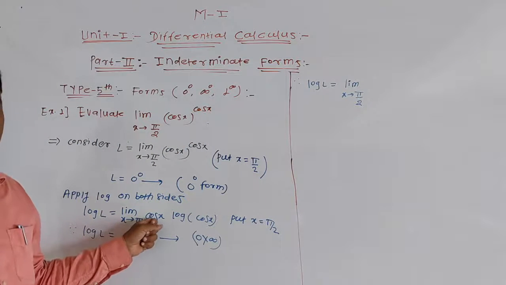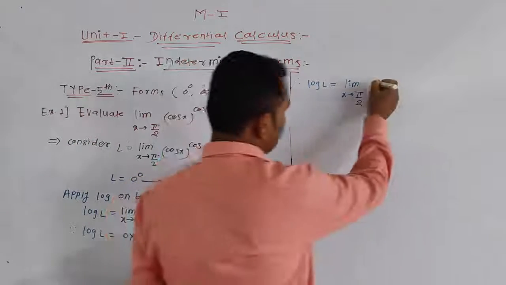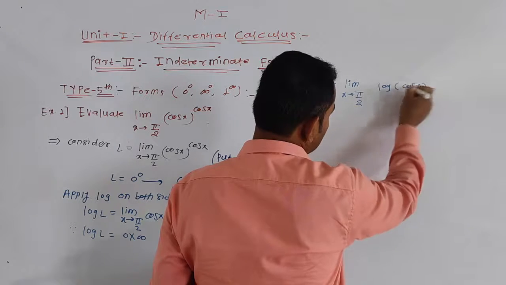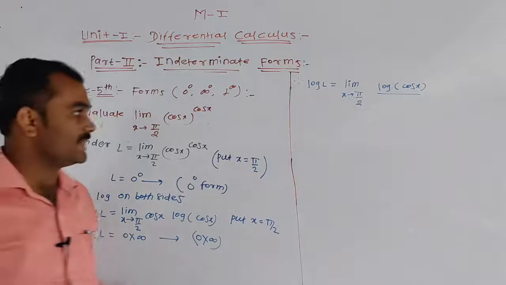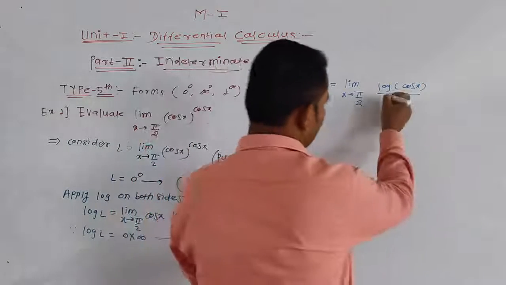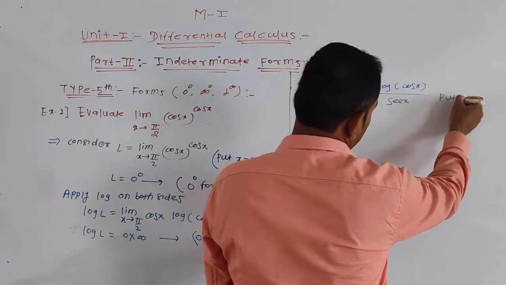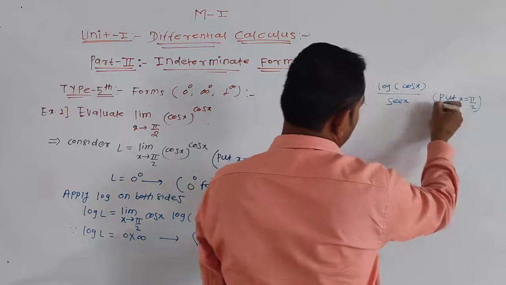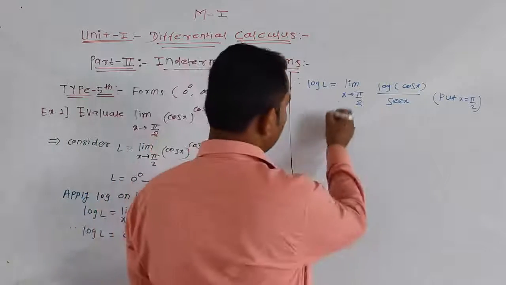This cos x can be written as 1 by sec, correct? So log of cos x as it is, divided by this cos, which can be written as 1 by sec x. Then put x equal to pi by 2, the given limit. Now put x as pi by 2, we get